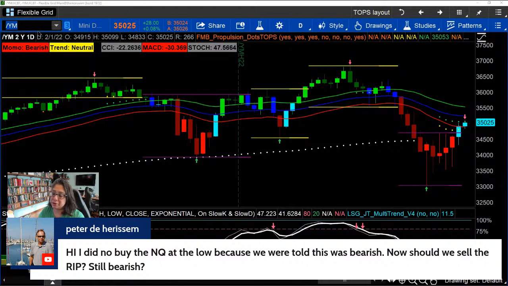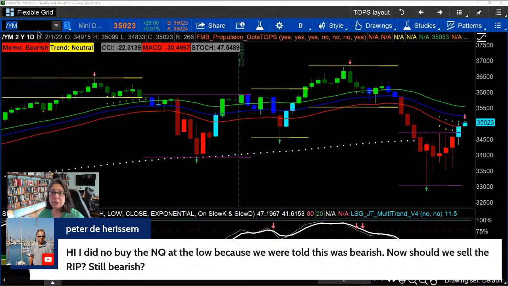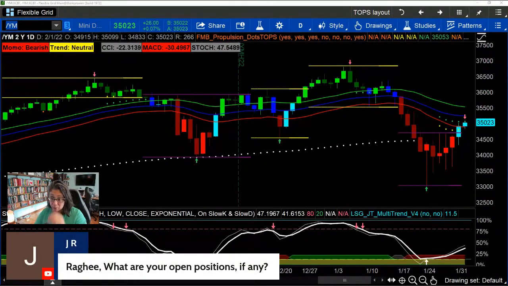So don't put pressure on yourself to guess at what a bottom is. We don't know what the top is. We don't know what the bottom is, but we do know that if the market's in chop, we can start to use Darvas and stochastic to find where those oversold support levels are. I guess you can call that a bottom, right? Might be. All right. So thanks for the question, Peter.